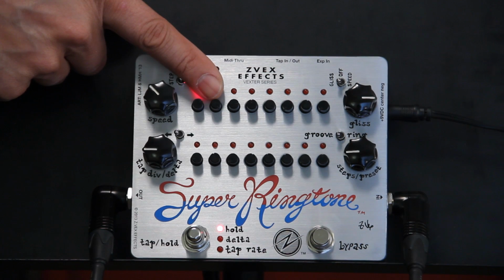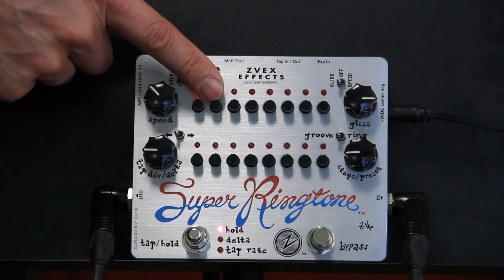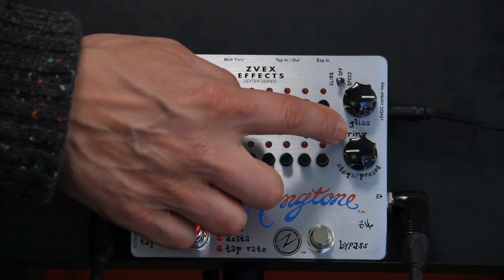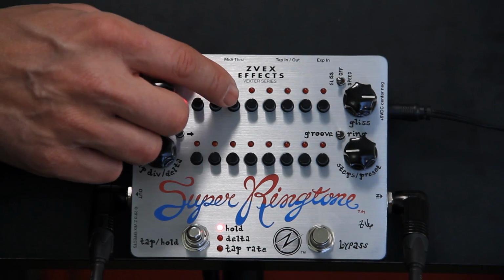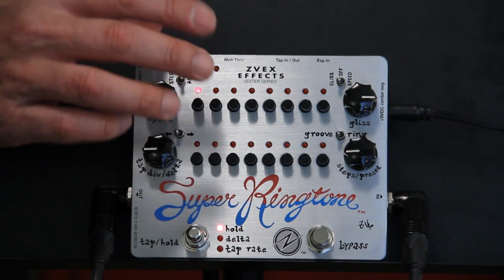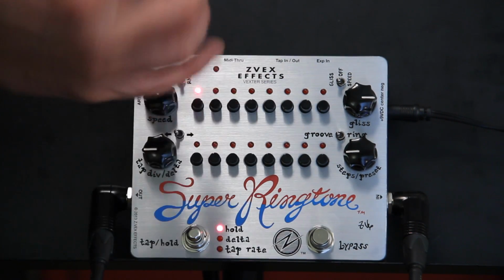If you wish, you can individually change the rate at which each step moves to the next, causing less of a setting step and more of a glide to the next step in sequence. That's what the groove option is, which is here. We're in the groove section here. You set the groove ring, switch to groove, and then you access this feature by just turning these knobs here. This is the part that makes it sound like circuit bent